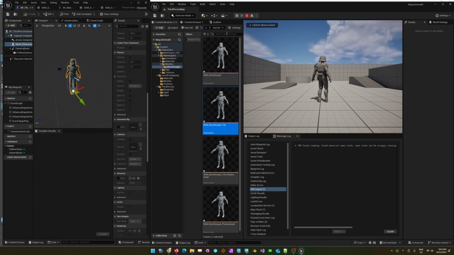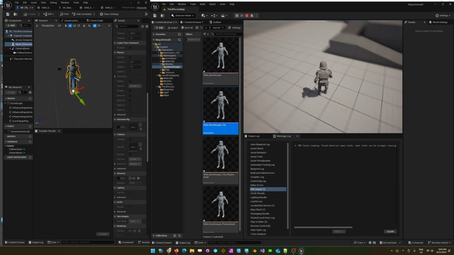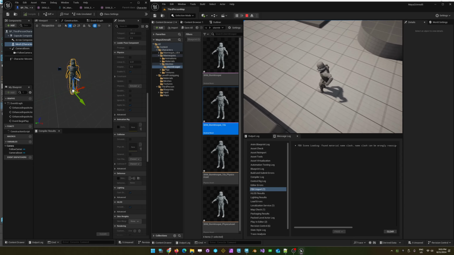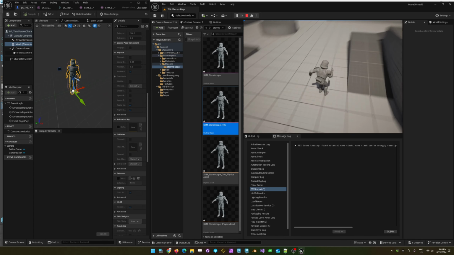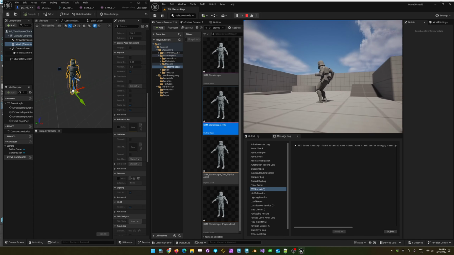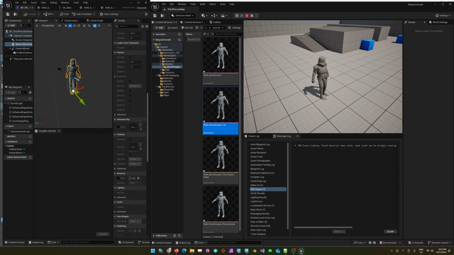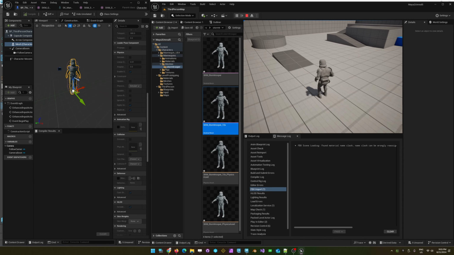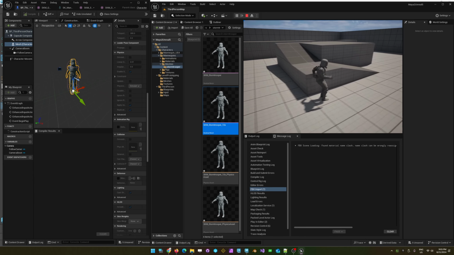If I press forward, oh, I gotta click in the screen. It always gets me. So if we push forward, well, he's doing the shuffle, which is kind of weird, but we're going to solve it. And the reason why it's doing the shuffle, and this is the difference between Unreal 4 and Unreal 5, is those nodes that I mentioned before for IK. So right now, it doesn't know where its IK is, so it can't activate it. So it can't actually bring in the IK motion and detect where the floor is and make the foot touch the